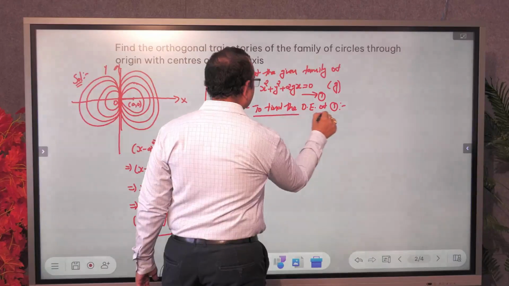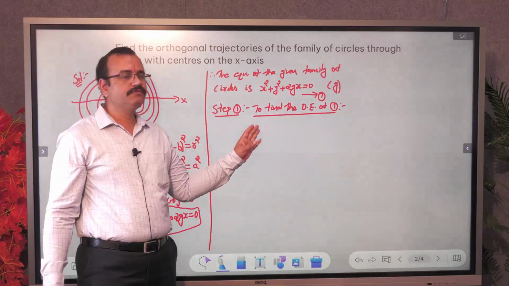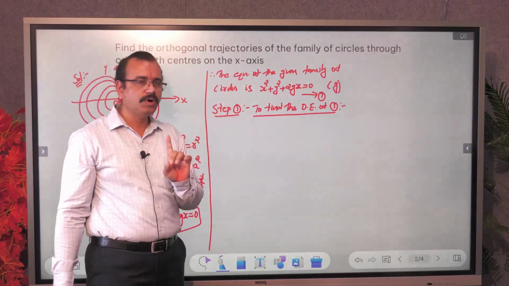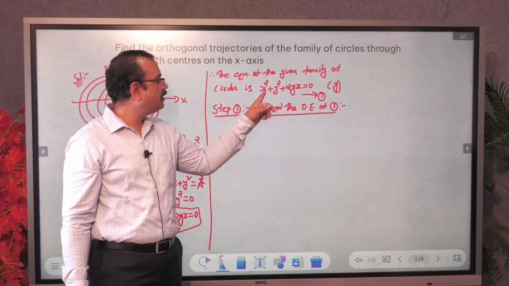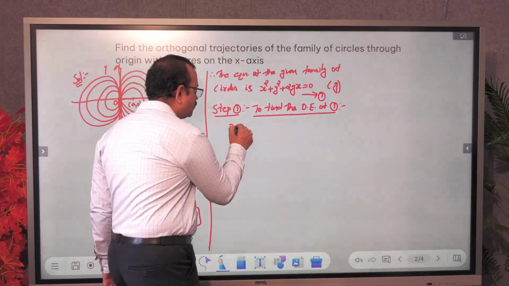So like this, in step 1 we can do it like this. For that, first of all we have to identify how many arbitrary constants there are in the equation. Here we have only one arbitrary constant, so we have to differentiate this equation only once. Now we would differentiate